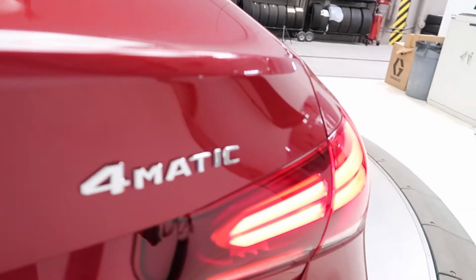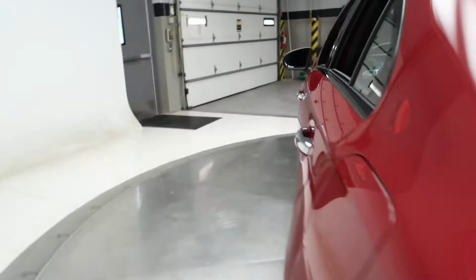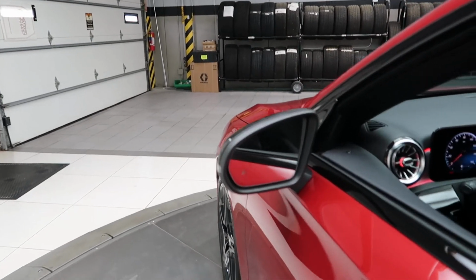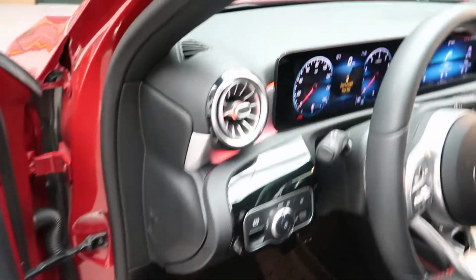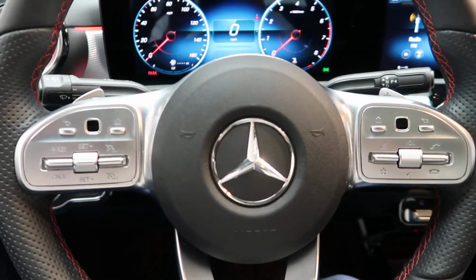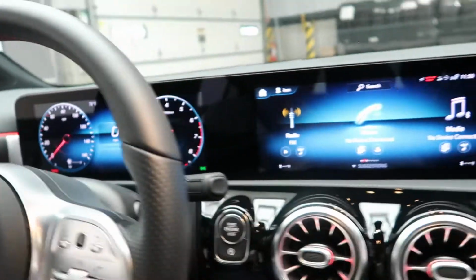A220 4MATIC badging, clean set of AMG floor mats, blind spot assist, premium 1 package with heated seats, ambient lighting, power windows, touchpad steering wheel controls, smartphone integration with Android Auto and Apple CarPlay, paddle shifters for extra performance, a push start